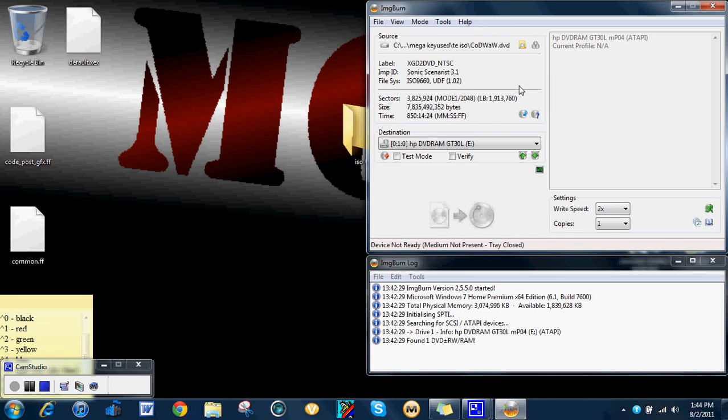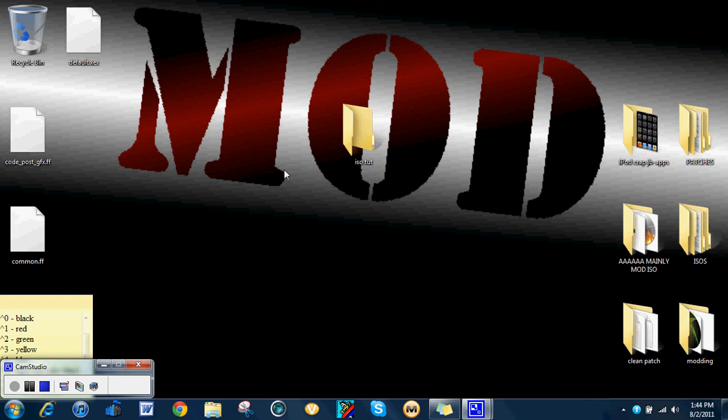So now you want to put in your discs, your dual layer 8.5 gigabyte ones, the best kind. Once it's put in, mine takes quite some time for some reason, but you want to hit this. This will highlight and you'll be able to click it. Make sure your write speed is 2x. You want to have it at 2 times. Okay, and then once that's done, you can hot swap your Xbox 360, and I will have another video on